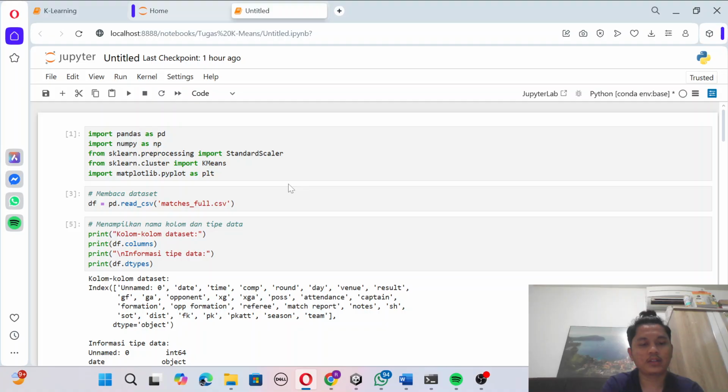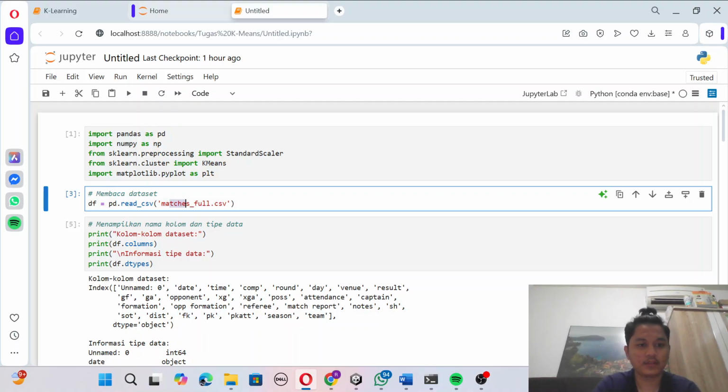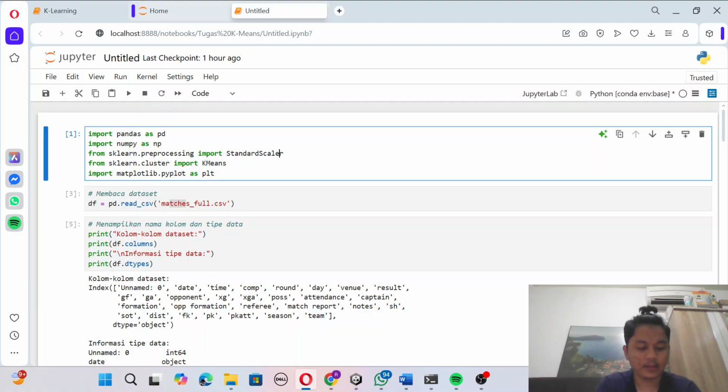My dataset code is matches full. Okay. Number 1, importing libraries. This code imports the required libraries. Pandas is for data manipulation.